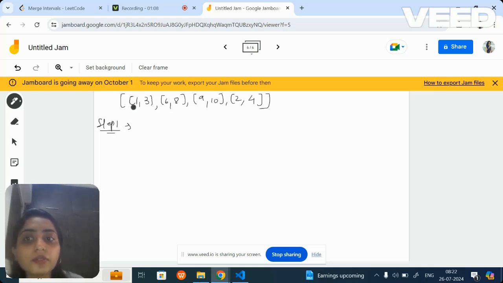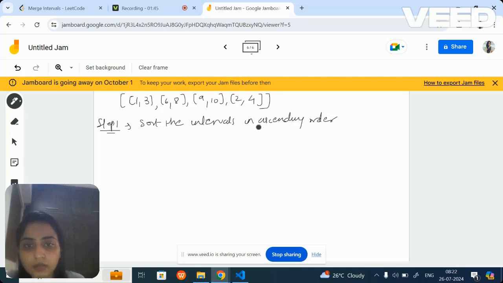Now you have an interval from 1 to 3. Okay. So now the next immediate digit will be 2 to 4, okay? And then 6 to 8. The reason is when you sort it in ascending order, you will be able to easily identify the overlapping intervals, and you will be able to merge them. That's why we sort it. So our first step is sort the intervals, okay, in ascending order.